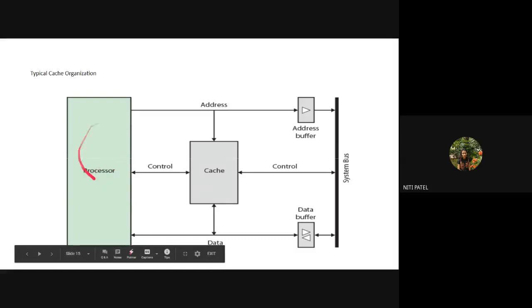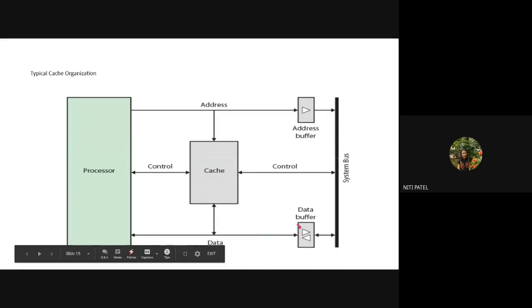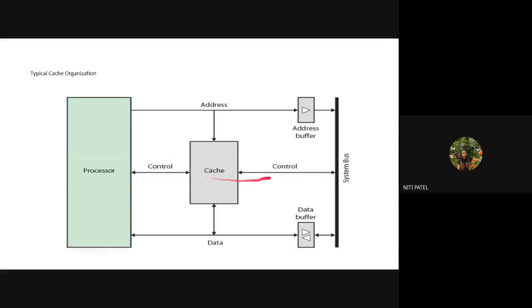You have a processor, you have a cache in between, you have the system bus, and then on this side you have your main memory. So every operation from the processor goes to your cache, and the cache goes to your main memory with the help of the system bus. In between you have an address buffer, which will keep on storing your memory locations for temporary purposes. The addresses will be carried by the address lines. Data will be carried by the data lines. The data will be stored temporarily in your data buffer. Once it is delivered to the main memory or to the processor, it will be removed from the data buffer. And all the control mechanism will be done by the control lines.